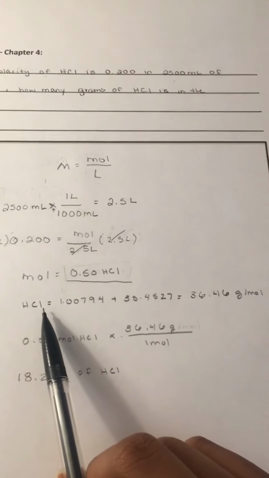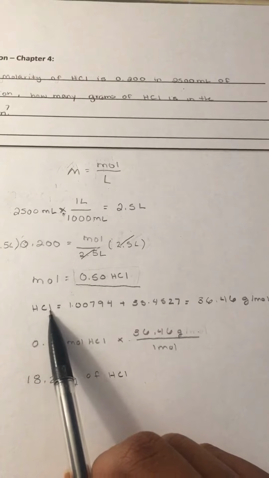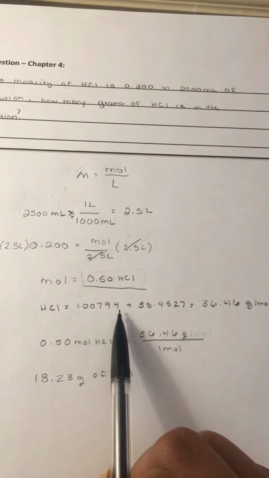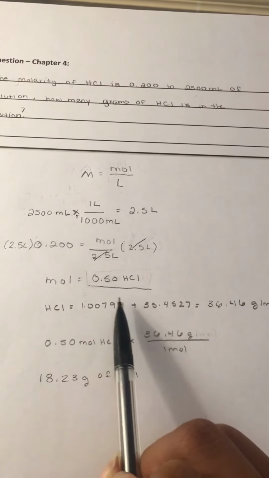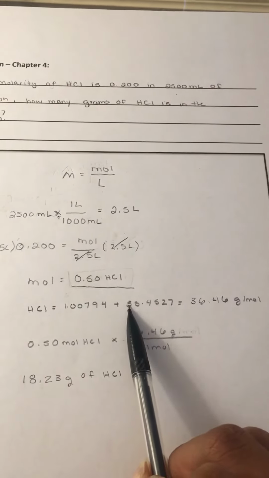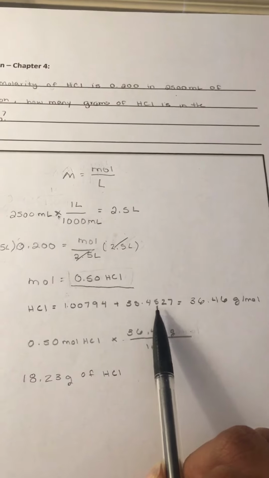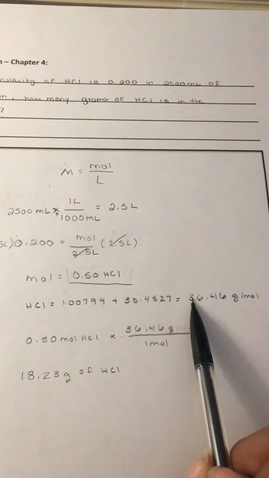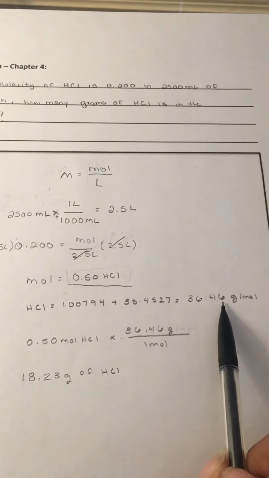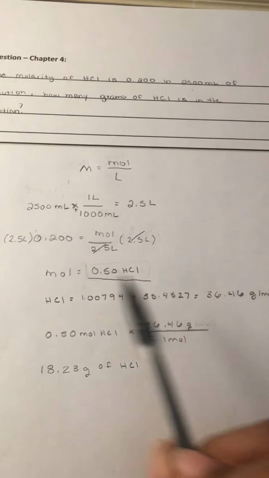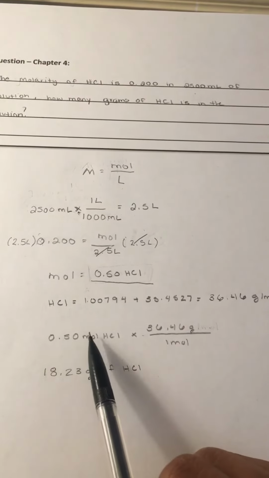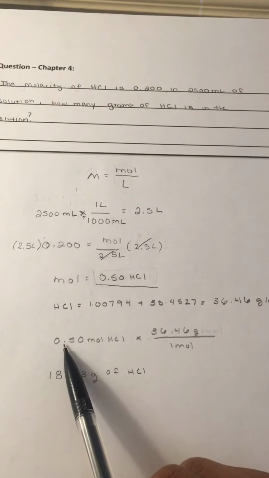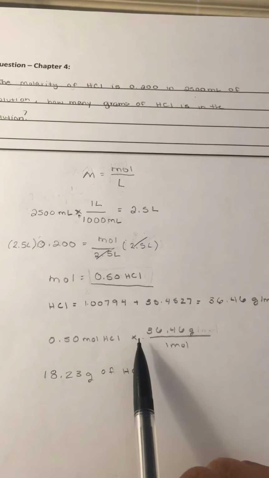Then I calculated the molecular weight of HCl, so I took 1.00794, the atomic weight for hydrogen, plus 35.4527, the molecular weight of chlorine, and that gave me 36.46 grams/mole. So to convert the mole into grams, I multiplied 0.50 mole of HCl times